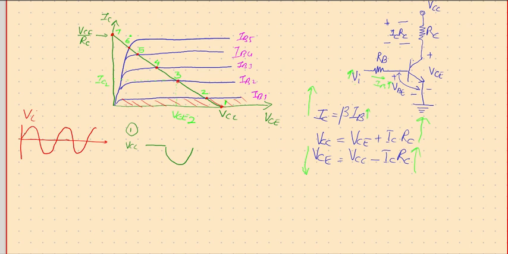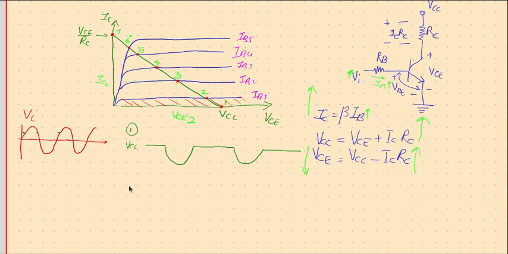So it may happen from here till here. Then once it goes below this, again we are in the cutoff region. So till you reach this point, it's going to be in the cutoff. Therefore it will be VCC, and then for a small part again it will flow, then VCC, and that way it continues. This is if the operating point is selected at point 1.